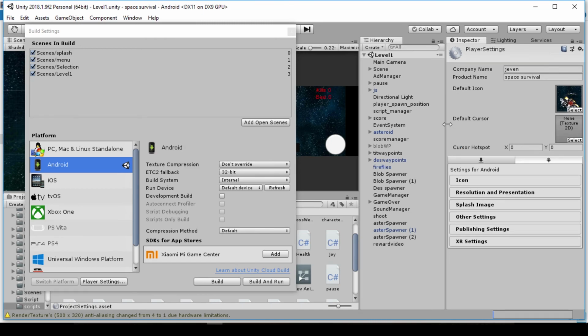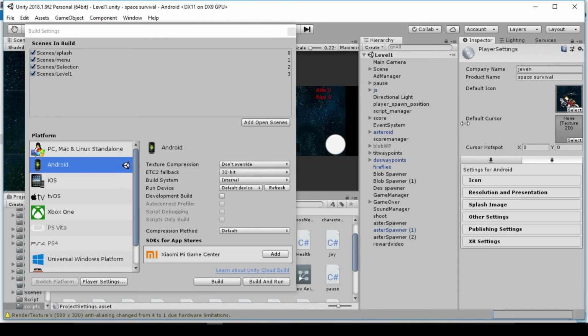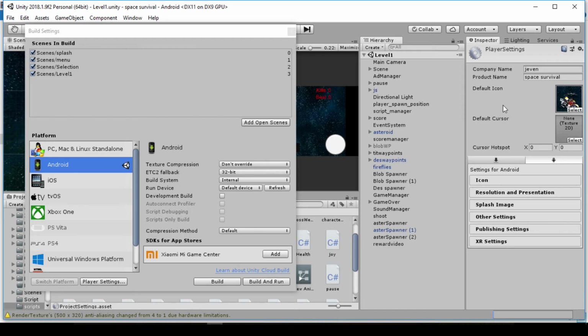So with this being said, all you need to do is set these basic things up and you can go ahead and build your game. Of course, I'm not going to build it because I already have the app, but I can guarantee you that once you do all this, the app will work just fine on your Android phone. Of course, don't forget to load your scenes or to put your levels over here in the scene build,